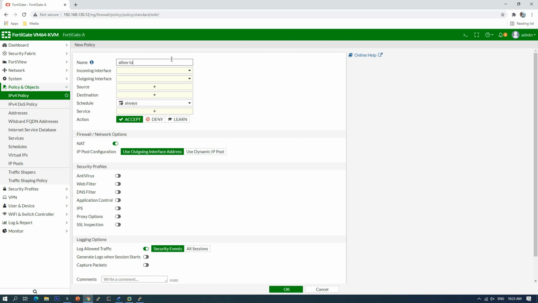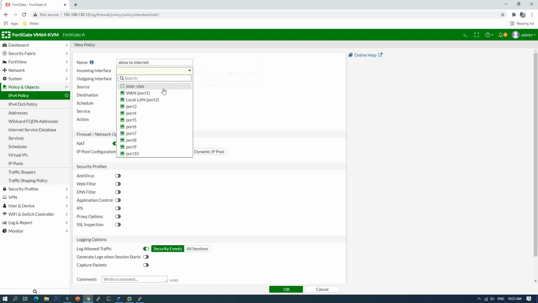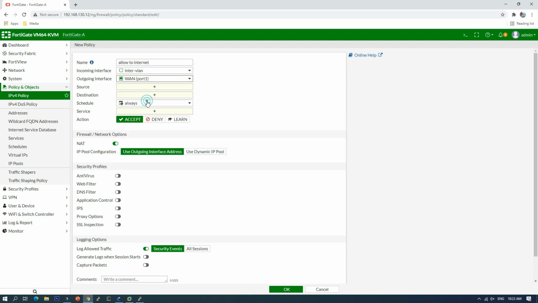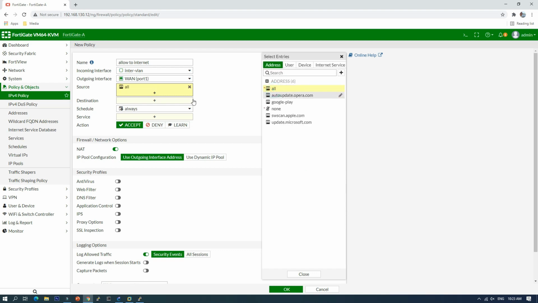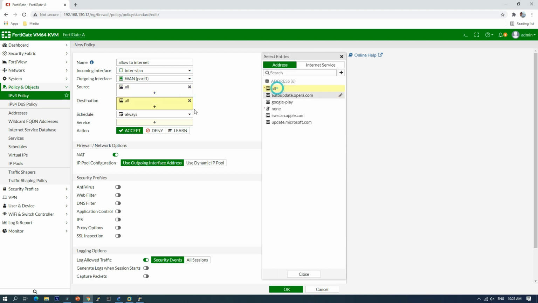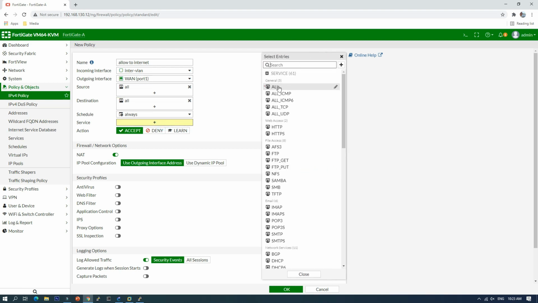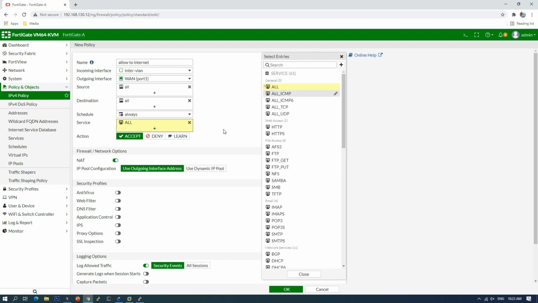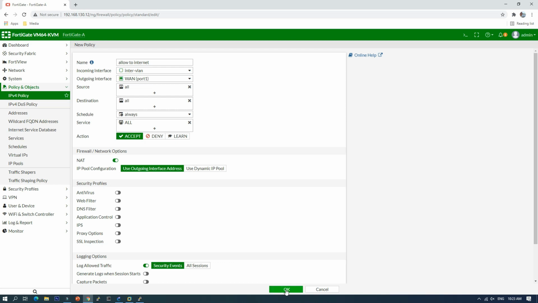Allow to internet. The incoming interface is our inter-VLAN, the outgoing is our WAN, and we allow all.